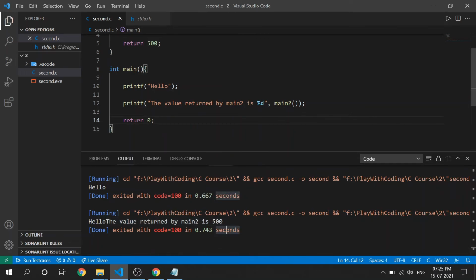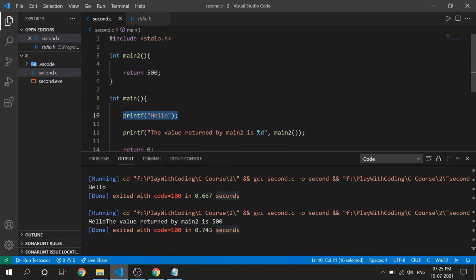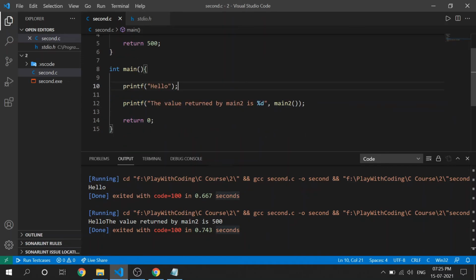So let's talk about this printf function. printf is a built-in function in the header file stdio.h. We can use this function for printing anything. The syntax is printf, opening and closing braces, and within them, within double quotation marks, we can use any string. Here you can see it is printing hello. After that we are not using any space or new line, so it is just printing on that very line only. So if we use a space,